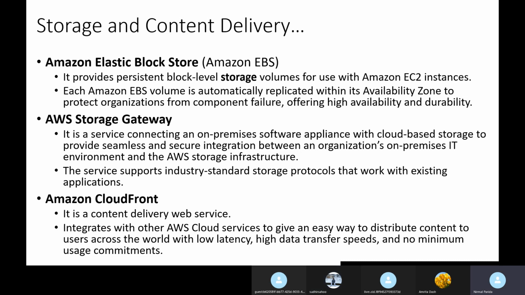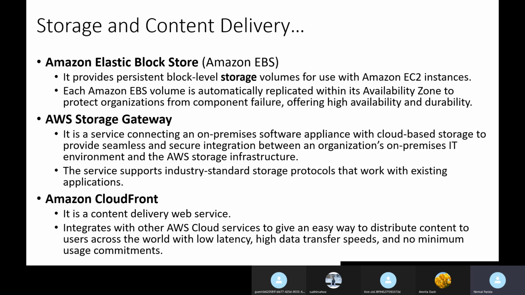See, suppose you are in the USA and your server is in the UK region, right? And there are some services you are using, and accessing data from the UK to the USA may be slow, right? So this CDN helps you there, and CDNs are the servers nearest to you.